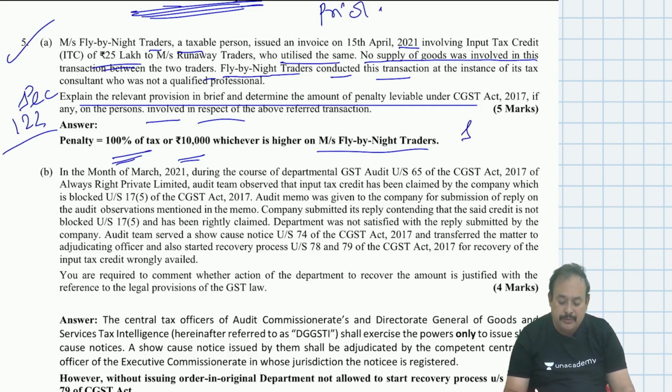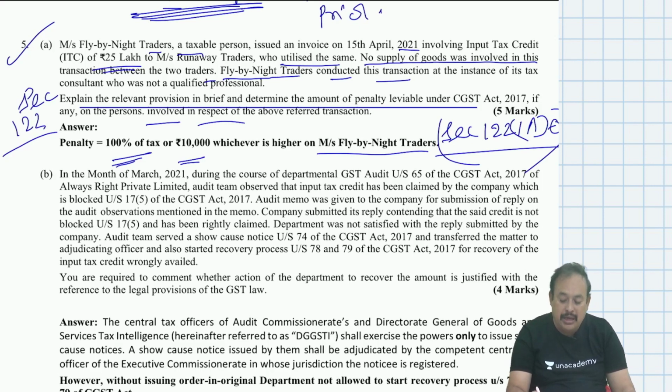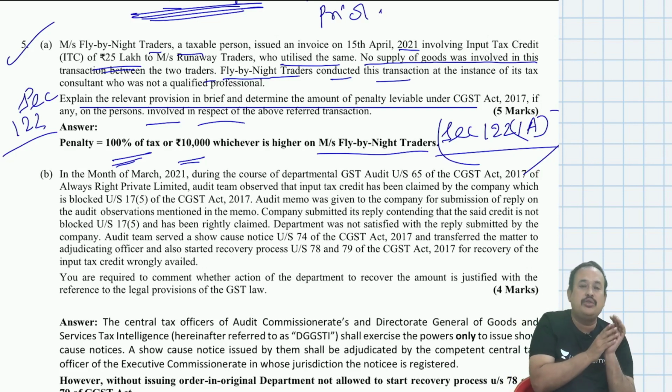And section 122 subsection 1 capital A, a new provision, has been introduced to impose the penalty on such a person who is a beneficiary out of the transaction, who may not be the assessee, in the given case, namely the tax consultant, who is involved by getting some benefit to do this transaction, and will also be liable for this punishment. 100% of tax or rupees 10,000, whichever is higher as per the CGST Act. An equal amount as per the GST Act will also be levied. Further, my dear friends,